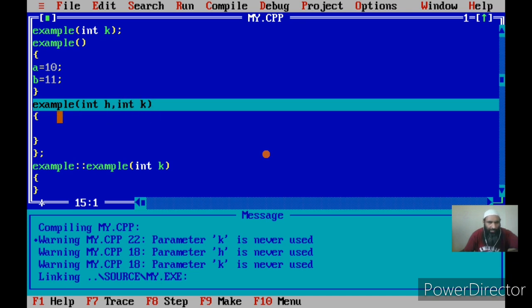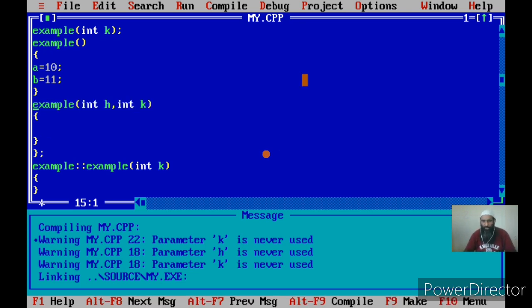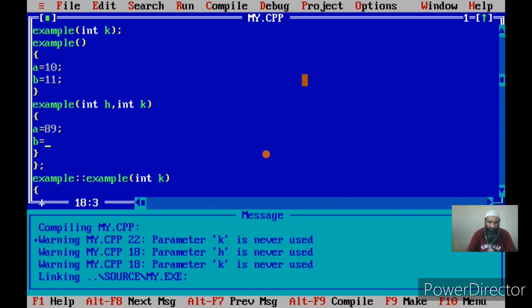Since I have not written the initialization statements, I can write those statements also, and later on we can see what their effect will be. Let me initialize this to different values. It will be like this: a equal to h and b equal to k.